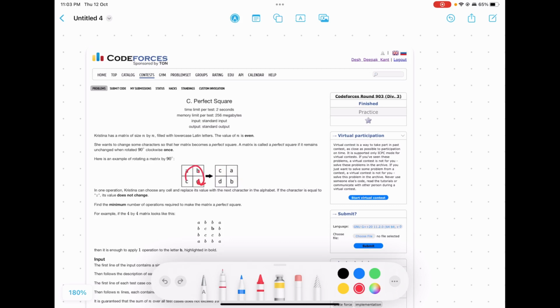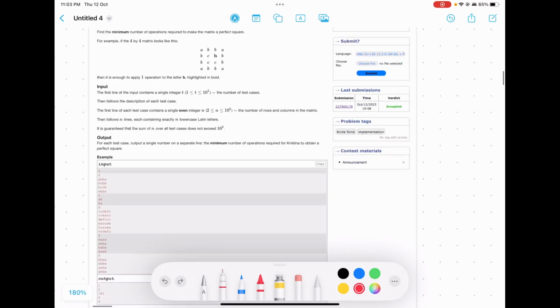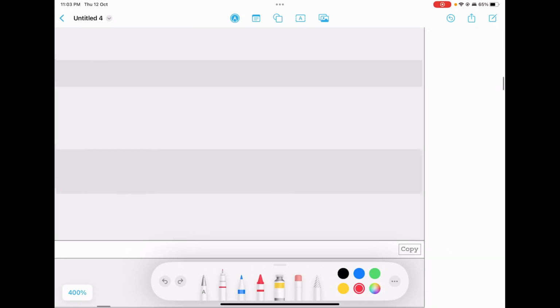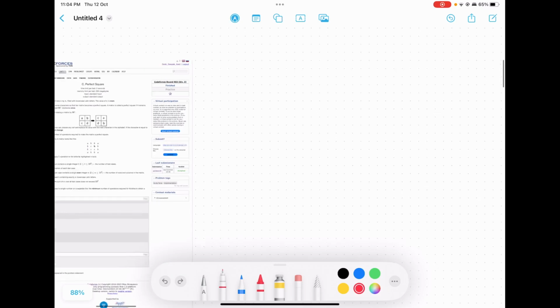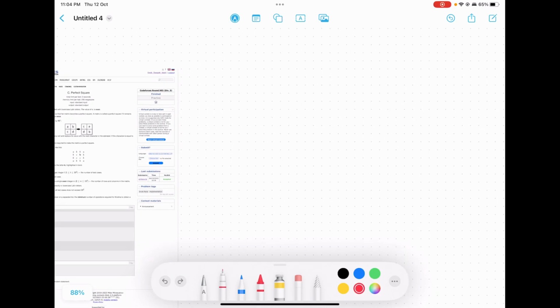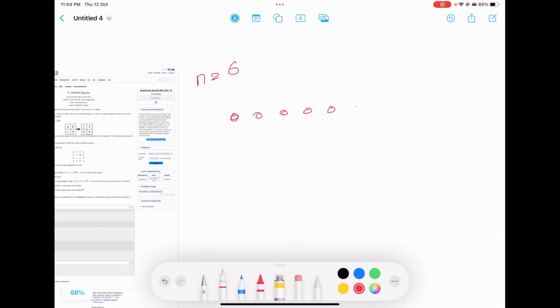So in this question, we will be given a matrix and we will have to change it into a perfect square. Now we will see how a perfect square matrix looks like. For example, if we assume n is equal to 6, the matrix will be like this: 1, 2, 3, 4, 6.